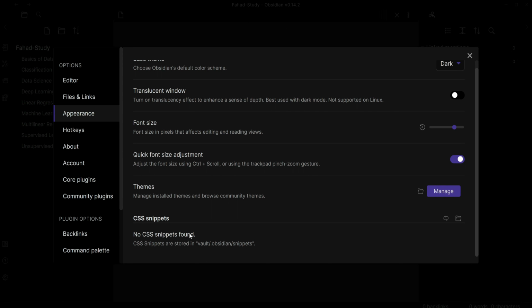Themes, now you can also add your own CSS and snippets. You can change the colors by yourself if you don't like the dark and the light one that came in, and you can choose other themes. You can download them, but for now just keep it the way it is. And let's go to